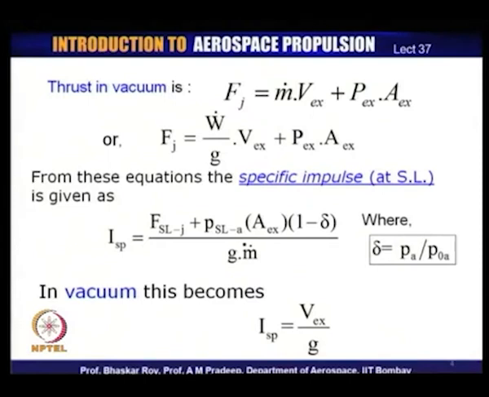Earlier in the last lecture, we had written down the specific impulse for vacuum, and if we bring that back, the equation is I_sp is equal to V_ex by g. So, that is simple, and it is expressed in terms of seconds. I_sp is normally given in terms of seconds. Very soon, in a few minutes, we will see what kind of values I_sp normally has, and we will get an idea about the kind of values you would expect from a good rocket engine.